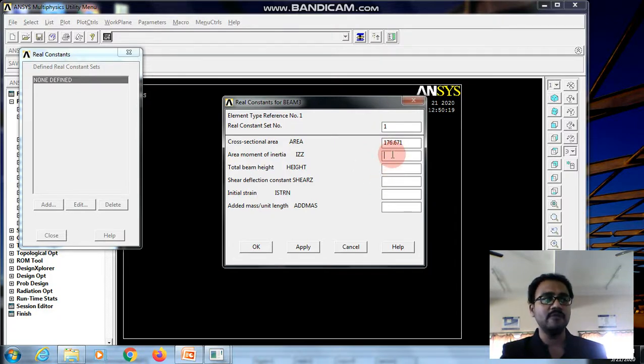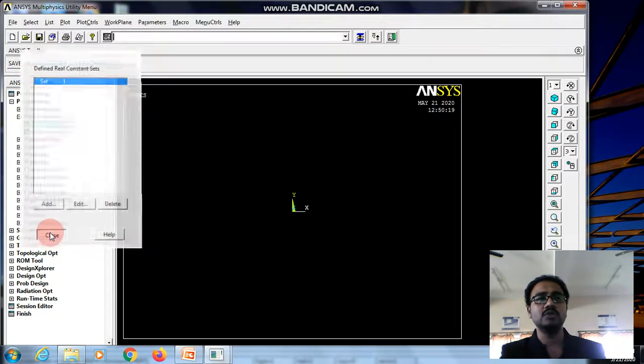Moment of inertia for the circular cross section is 2488.05 mm power 4. I am keeping all the data in meters and millimeters and Newton. Height of the beam is 15 mm. Give OK. Then close this.